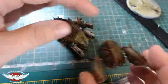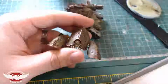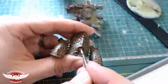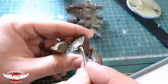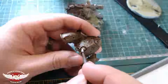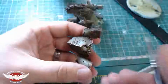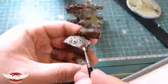The only thing that leaves me to do is bring this bit in, and remember I said about fleshy bits around here, and this is what it's going to be. So we're going to come in very carefully, and this is why we haven't painted this bit here, is that we're going to slide the brush down on the inside there, being very careful not to touch the brass that we've got going on in there, but we very carefully just slide the brush down the side there. Alright, so painting over the eye isn't a problem because it hasn't been done yet, and we can just slide into there